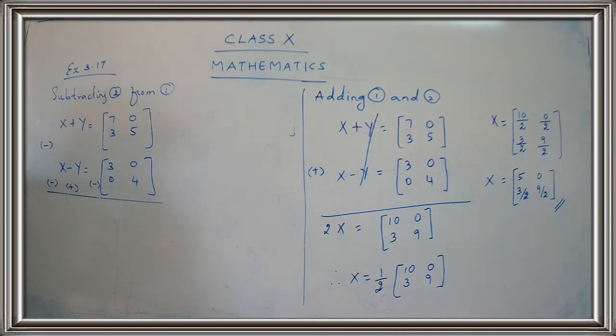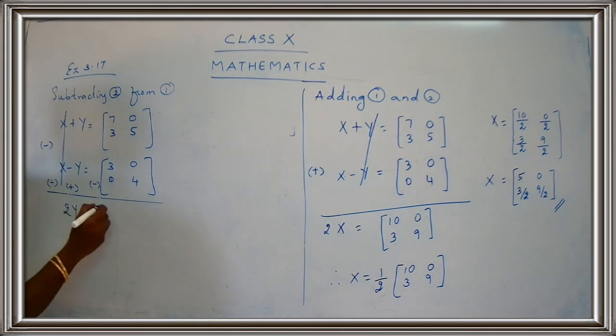Now let us go for the calculation part. x minus x. Do not take the old sign. You have to go for the new one. So x minus x gets cancelled. You can do this cancellation with the help of a pencil. You can take your pencil and strike out. x minus x is cancelled. Now you have plus y and plus y. I told you, don't take the old one. You have to take the changed sign. So plus y plus y. What is plus y plus y? 2y. Yes. You get your 2y. Be careful, children. It's y plus y. Don't take the old one. We have changed the negative to positive. So y plus y gives you 2y.